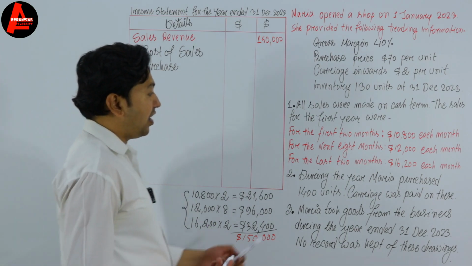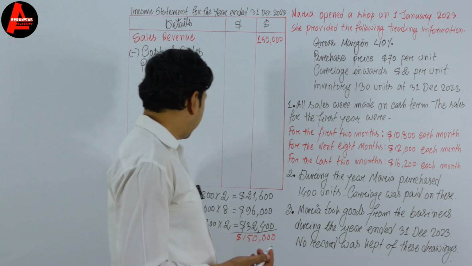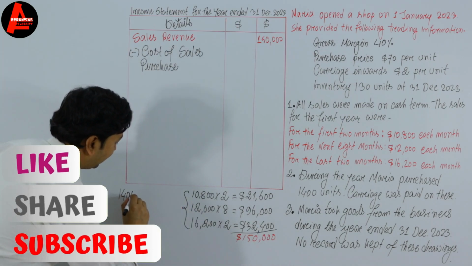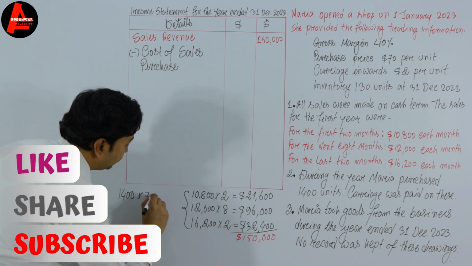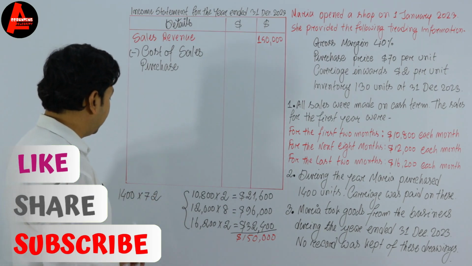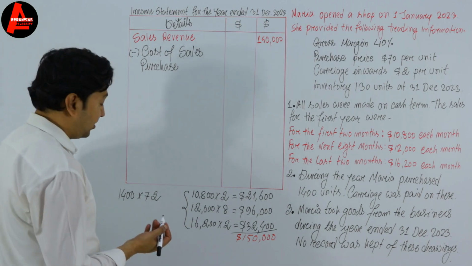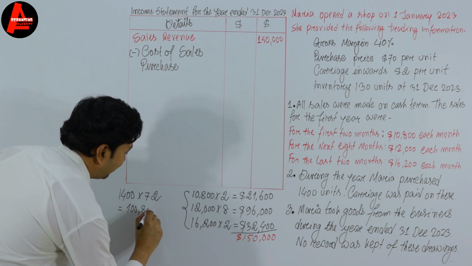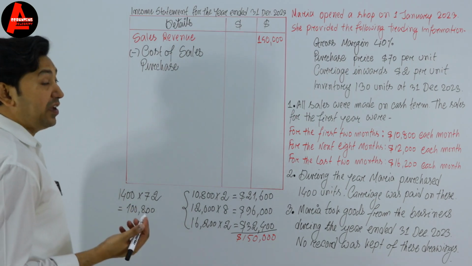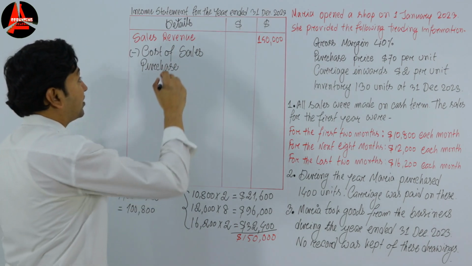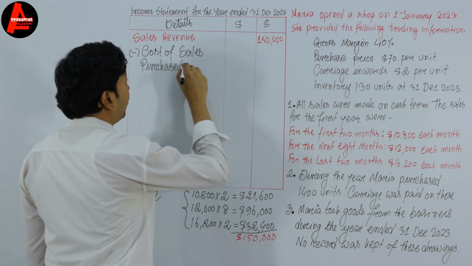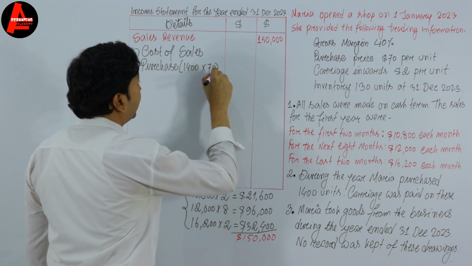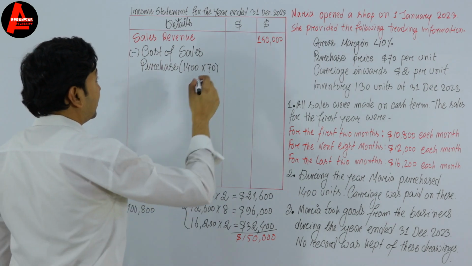Okay, so here how many units were purchased? 1,400 units. So let us write here 1,400 units times $72. So here 1,400 times 72 equal to $100,800. Okay, so here we can write separately, like purchase, it is 1,400 units times $70 per unit. So here we get